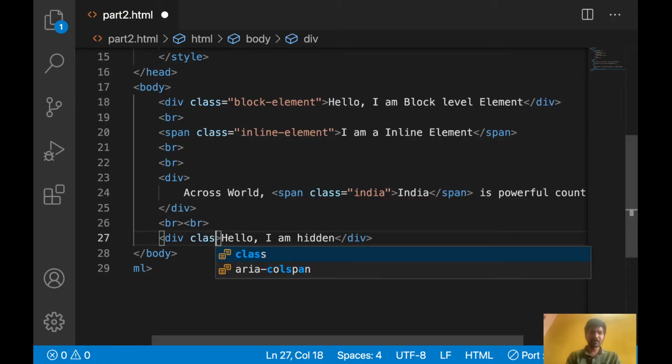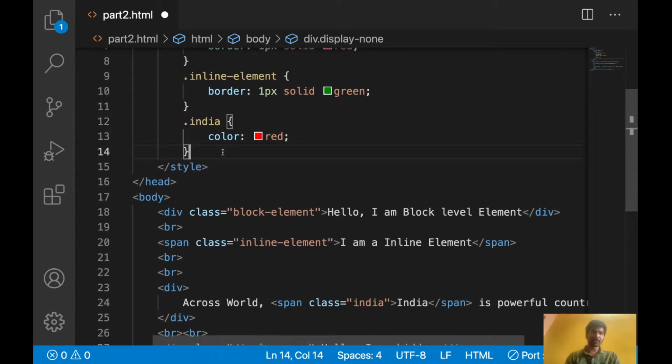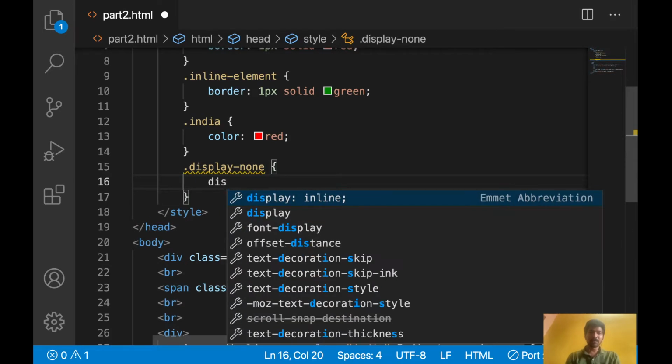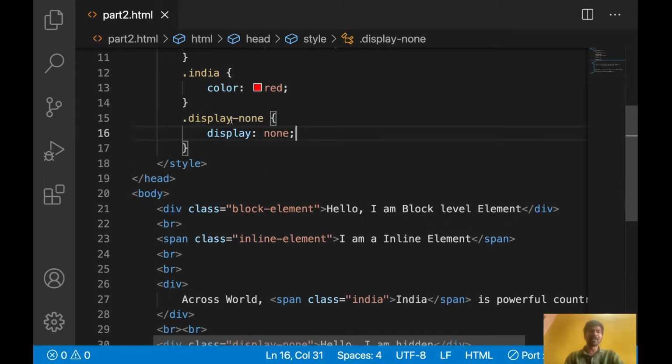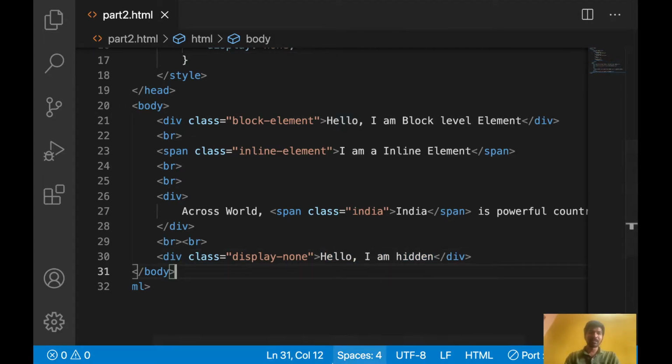For that let's give some class, display none. I want to use the display property now: display colon none. Display none means that element itself will hide. Let's see whether this element will hide or not. I've written hello, I am hidden. Let's save this one.